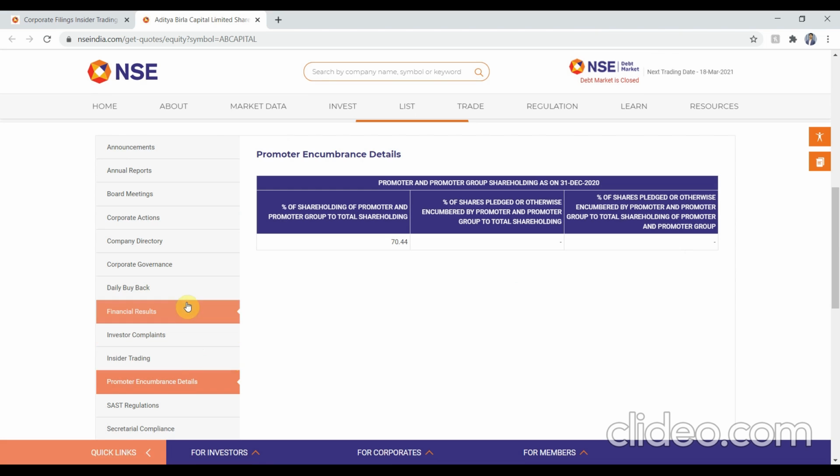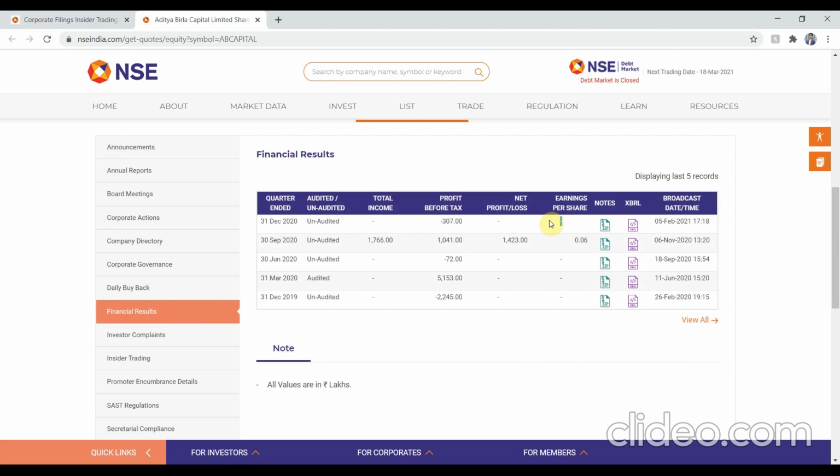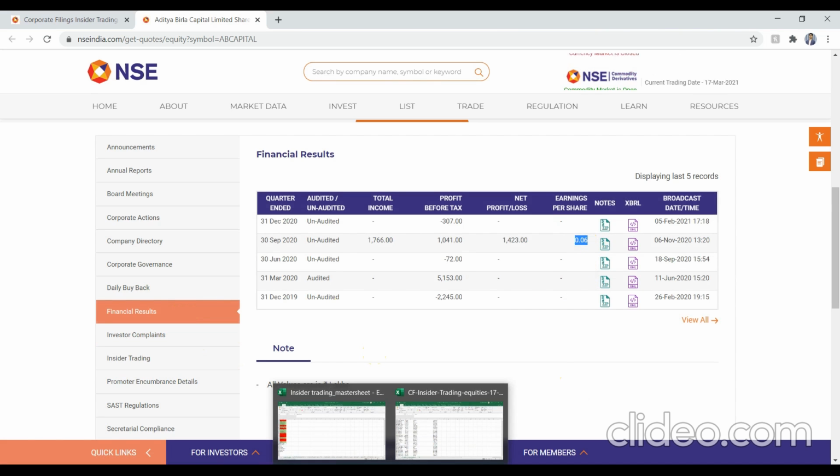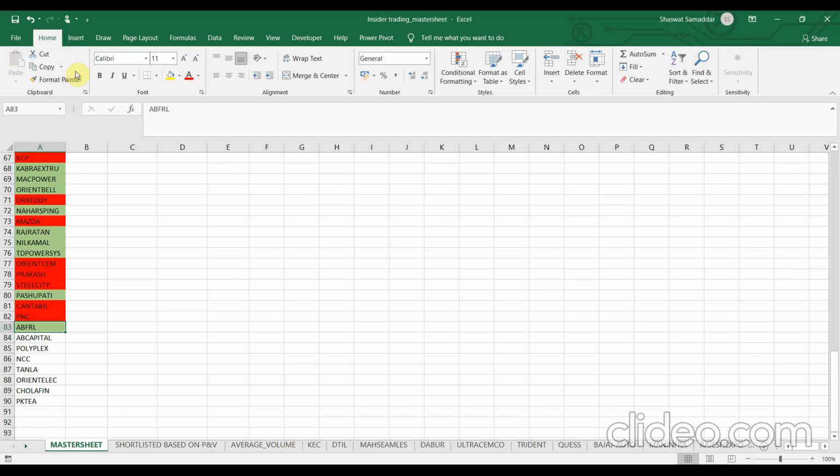Pledging is not there. Let's check the earnings per share. Okay, so the latest earnings per share that has been reported is 0.06 rupees. So we will consider that it is a positive number, although it's a very small number, but still, our rule says that it should be a positive number. So we'll mark it as green once again.